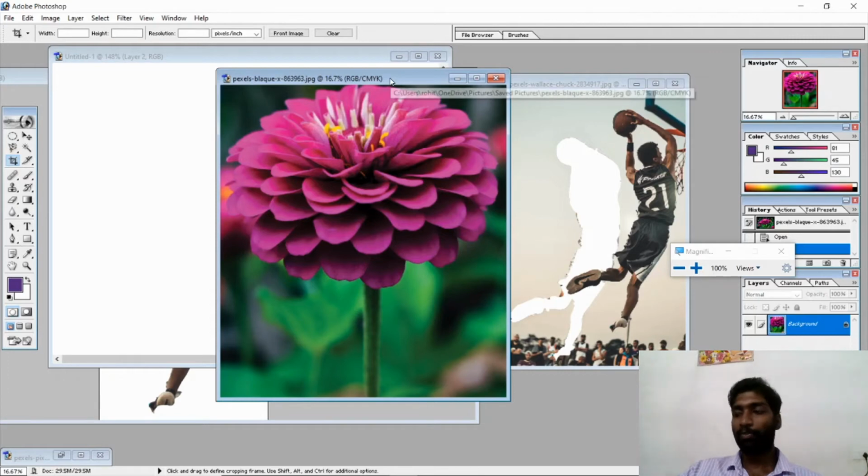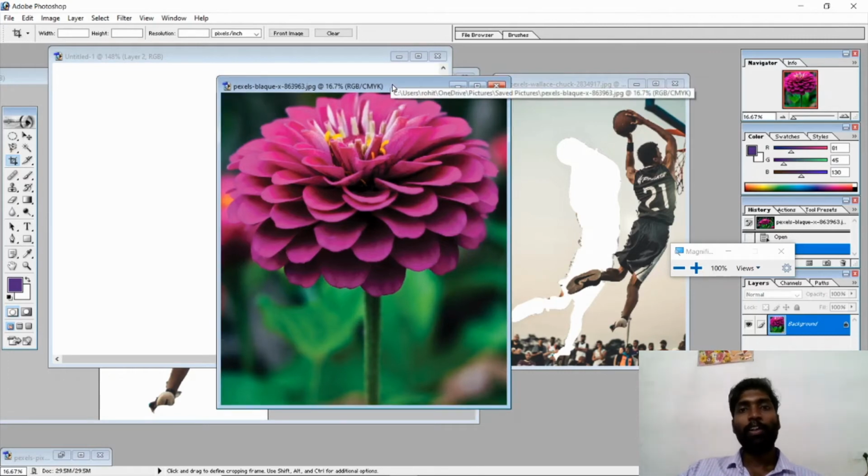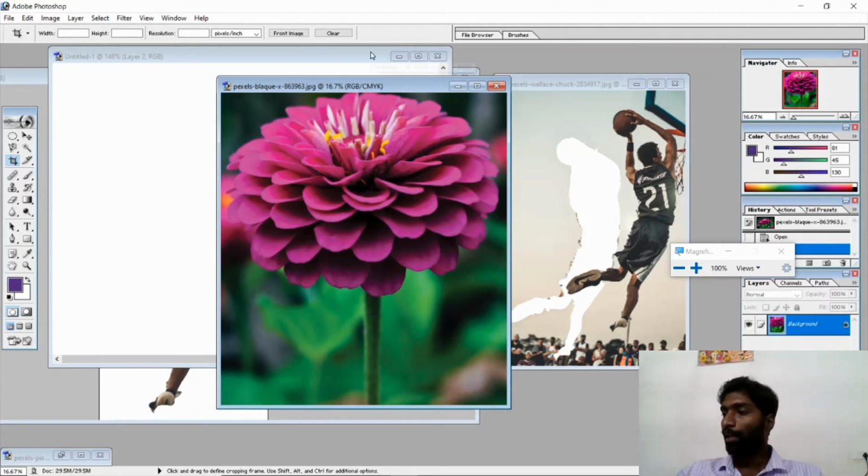So this is a selected object. This is a crop tool. Crop tool is used to select a particular object in an image and make it zoom. We can remove the unnecessary objects. Now the next one is, students,